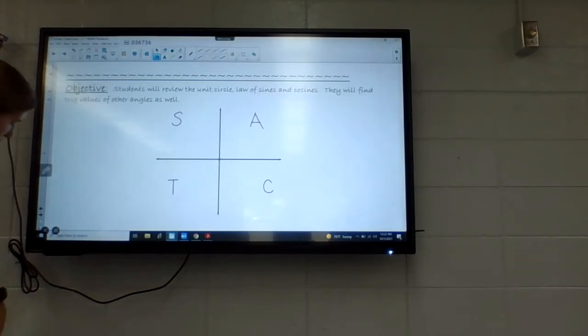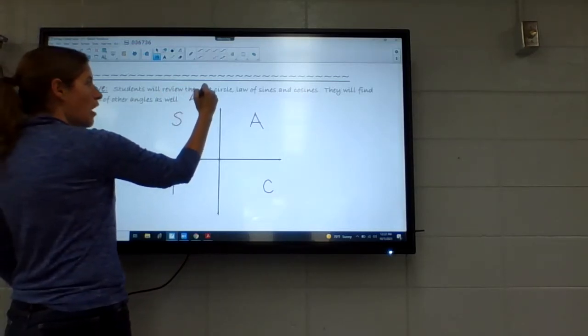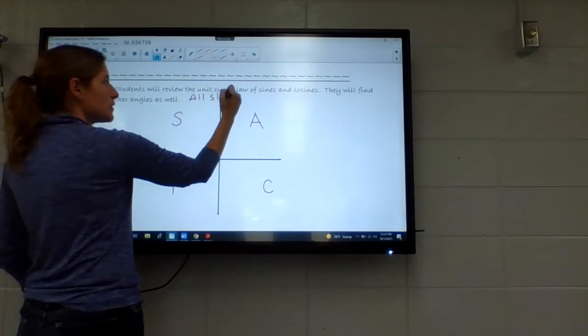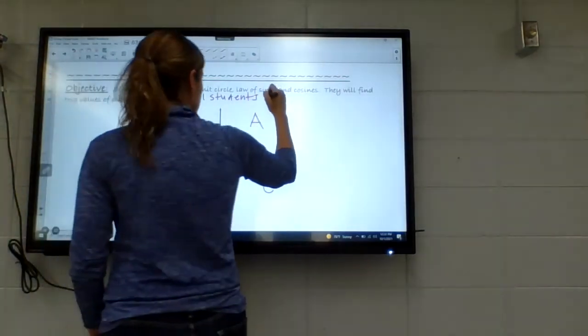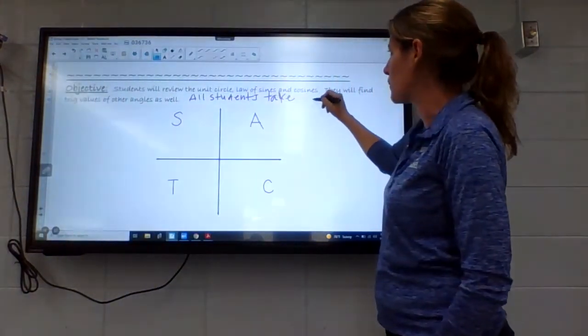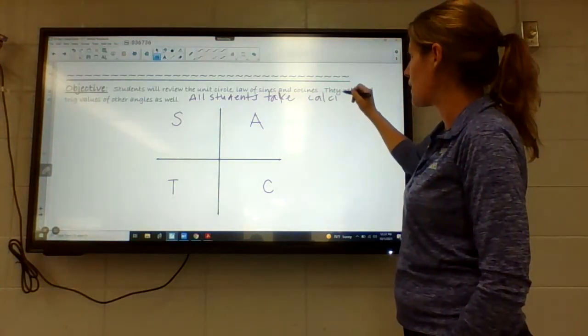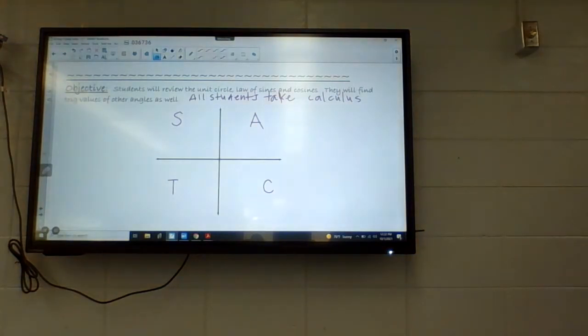I don't know, every teacher probably has a different acronym. The teachers that I had worked with use "All Students Take Calculus." So that has nothing to do with what we're using for this, but it's a way to remember. Now what this acronym is here for is to help us to know what trig functions are positive in each